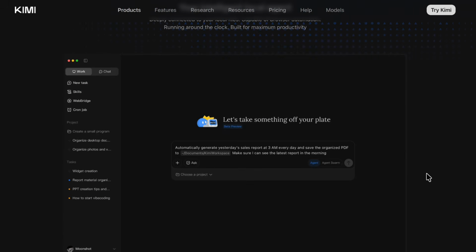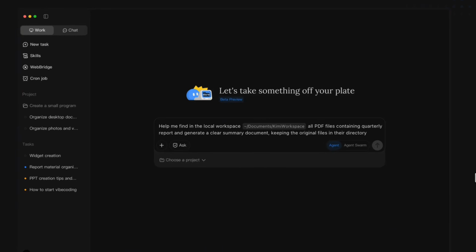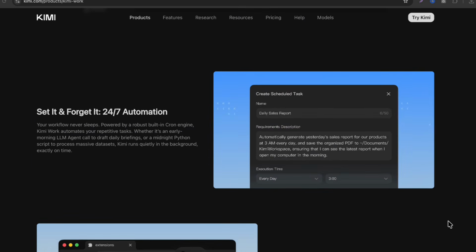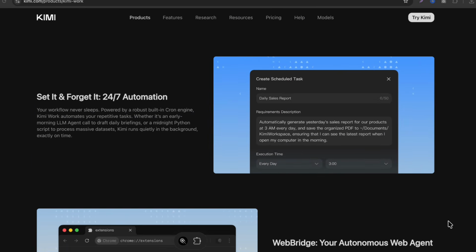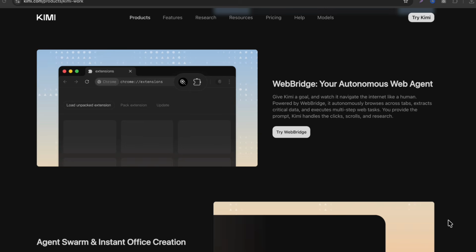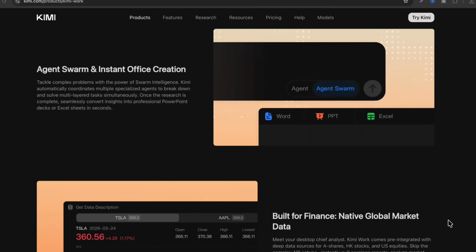Most AI tools today are still chatbots. You ask a question, the AI answers, then you ask another question, but KimiWork is designed differently. Instead of simply chatting with you, it acts more like an AI employee. You give it a goal, the agent creates a plan, researches information, uses tools, browses websites, analyzes results, and works